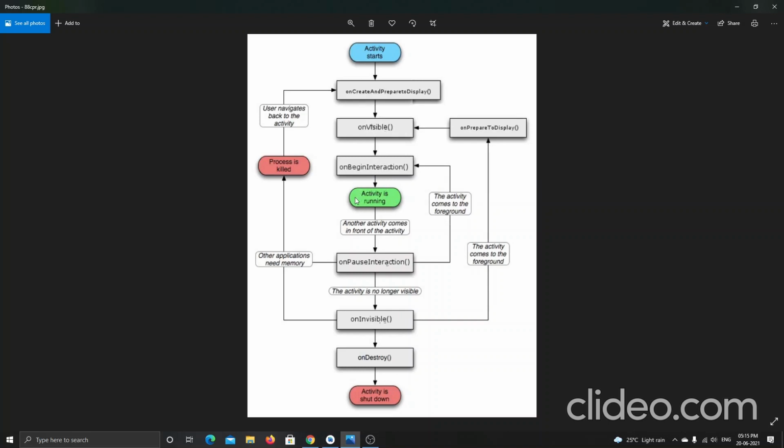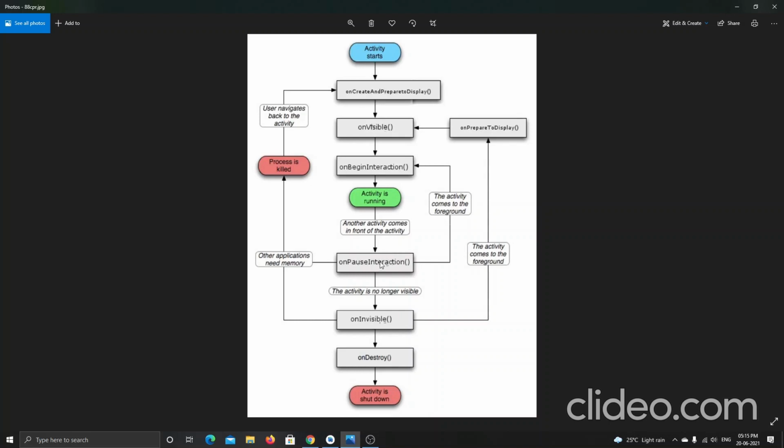This will be the condition where you can see the app working. Then it moves into the onPause method, where if I go back, like if I use the home button, it will be in the pause method, but the application will be running in the background. Then onInvisible, I will be explaining in the programming also. By running the application, I will be showing the logcat. But before that, try to understand these methods.